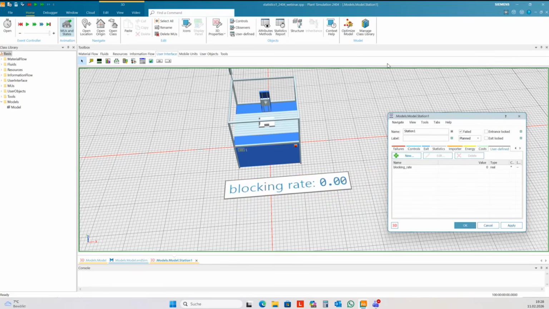So this is the replacement of the display panel, so you can collect all the data you want to show into user-defined attributes, and then show these user-defined attributes near the station. You can organize this here, and you have for each main element a block, a display panel with all the important values.